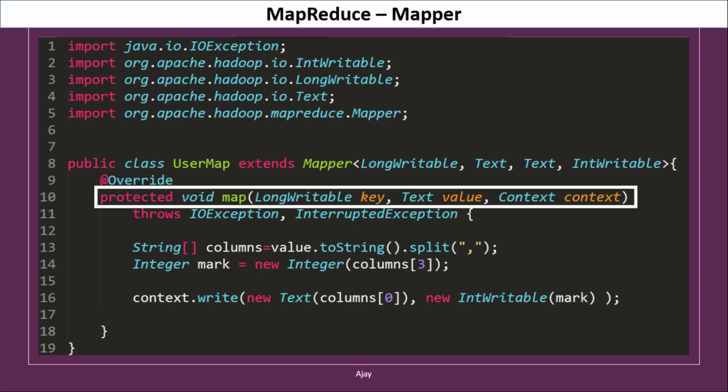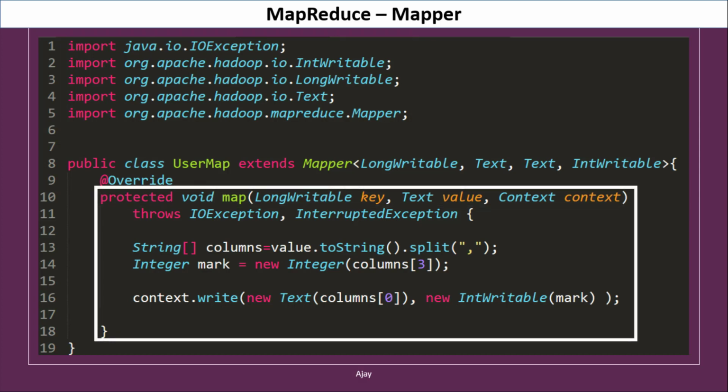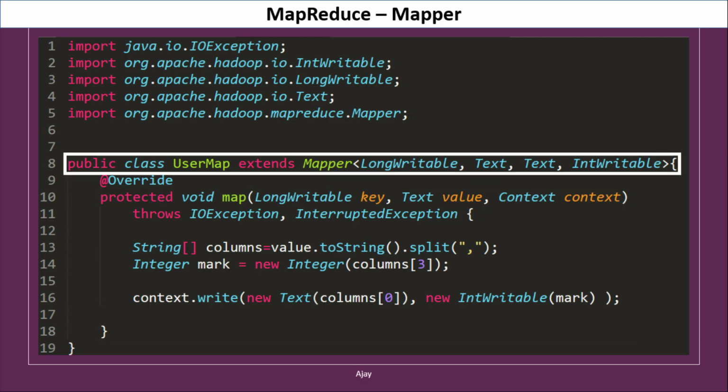The mapper code is defined in the map function. And this is the logic that we want to implement for our students' data to find the average of students' marks. The map function is defined by the Mapper class and hence we inherit it, and then we override it with our logic. The sequence of Java generics for mapper classes is key input data type, value input data type, key output data type,